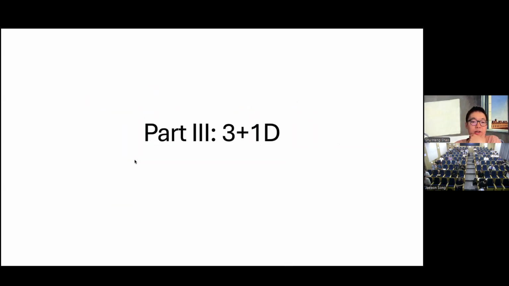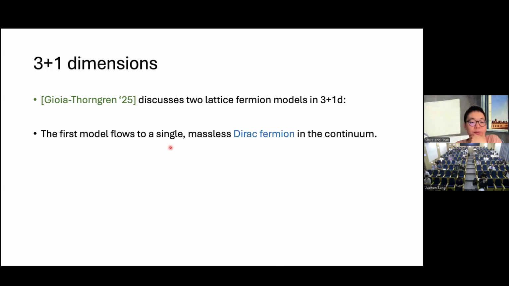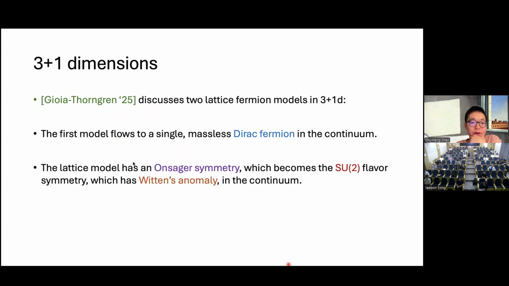And now moving on to 3 plus 1. Okay, so there was a very nice paper from earlier this year. They discussed 2 lattice fermion models in 3 plus 1D. The first model flows to a single massless Dirac fermion in the continuum. Okay, it's an unpaired Dirac fermion. This lattice model also has an Onsager symmetry, which becomes the SU2 flavor symmetry of the Dirac fermion in the